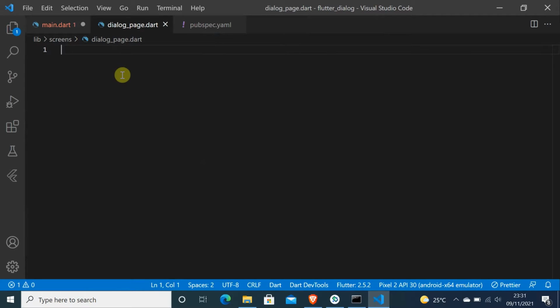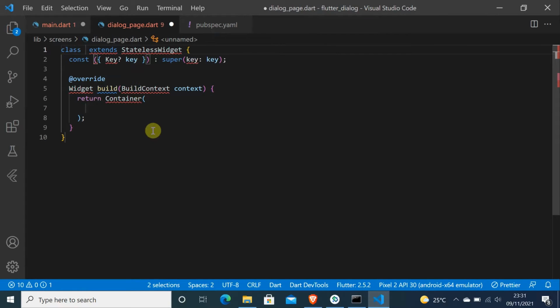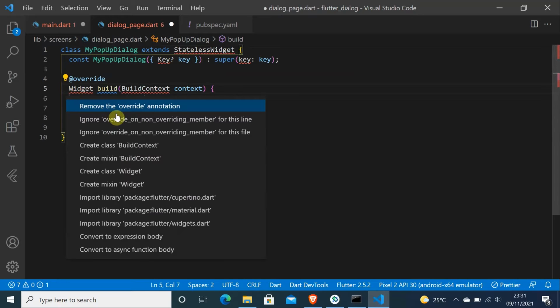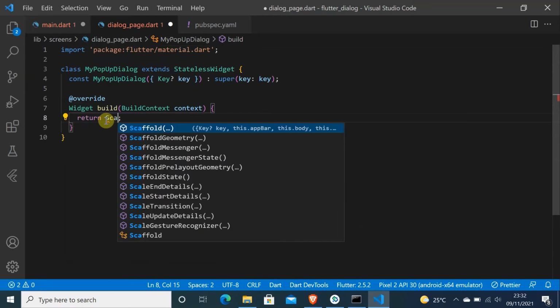Okay, and let me do stateless, and I will paste my pop-up dialog page, and let me import the material package, this Flutter material, and the error will disappear. And after this, it has to return a scaffold,